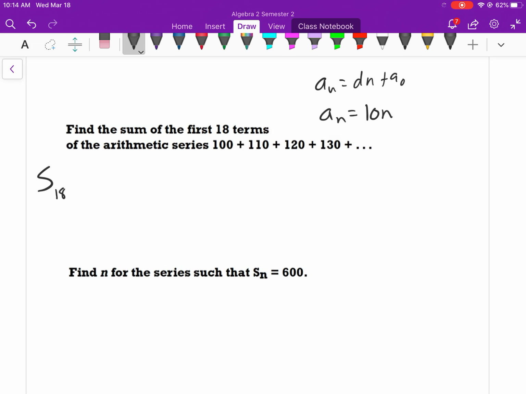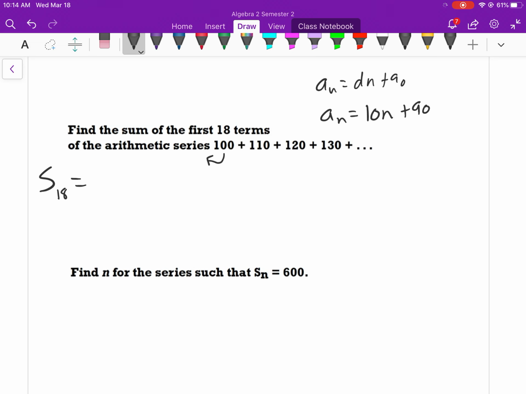If I was to go to a sub 0, which would be just subtracting 10 to go that way, that's going to get us 90. So there's our general rule. Now, S sub 18, remember it's n over 2. So if I'm finding the sum through the 18th term, it's 18 over 2 times the first term, which we are given in this case,